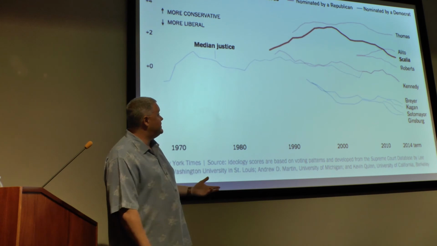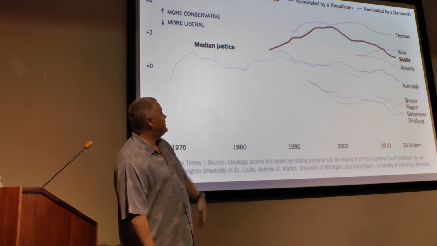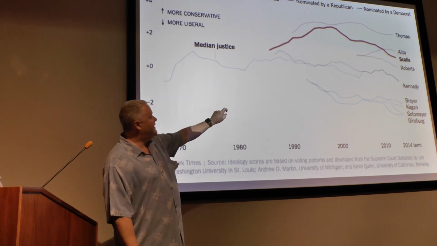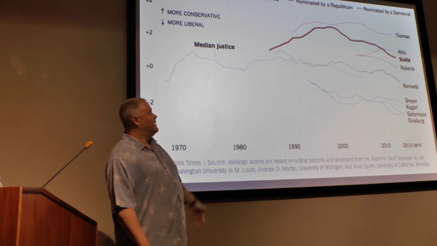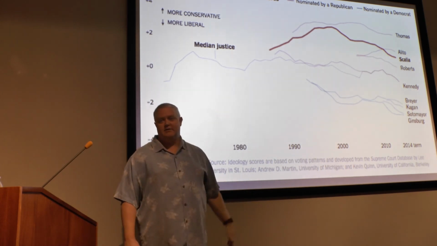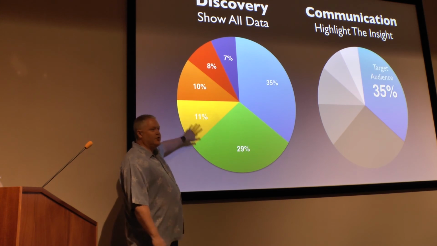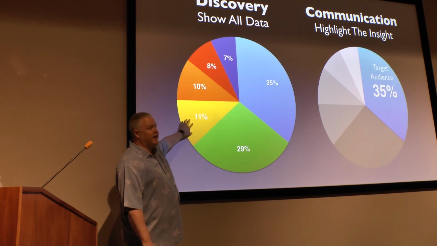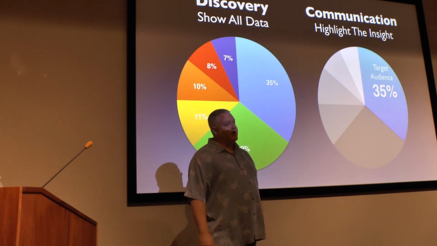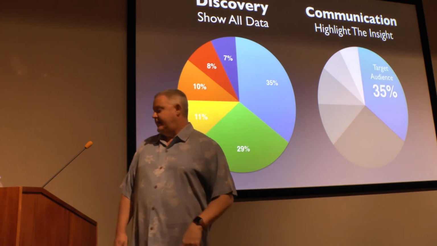This is how the New York Times does it. When Supreme Court Justice Scalia passed away, they mapped out his judgment history for his time on the bench. You see all the other Supreme Court justices, and there are smaller, fainter lines in the background, because obviously this is a story about Justice Scalia, and it tells that really well, and it draws your eye specifically to his information. Again, discovery, do whatever you want, you're messy, you're in the data, you're the one analyzing it, it'll be bright and colorful, but when you want to communicate to somebody, make sure that you are highlighting what it is you want to communicate and specifically get them to look quickly to the data that you're trying to convey.